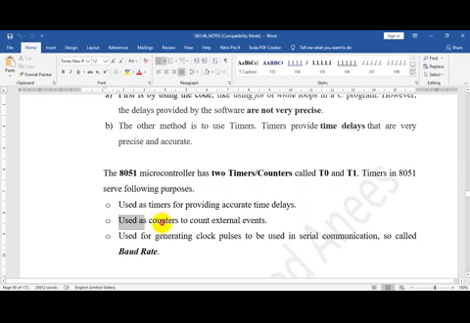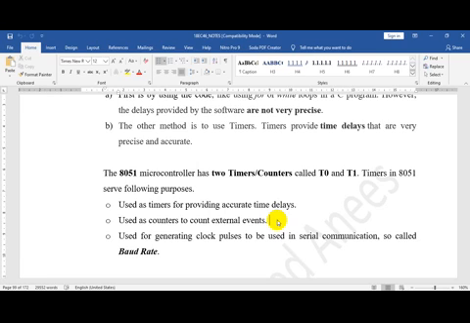Then the second application of timers is as a counter for external events. This is not in the syllabus, but I will tell you what the application is. Basically, there are two pins dedicated for timers.